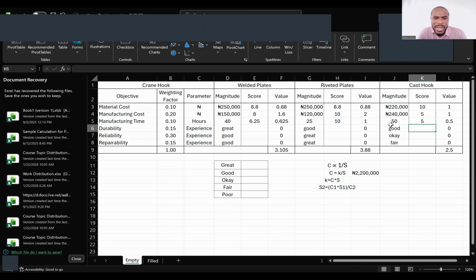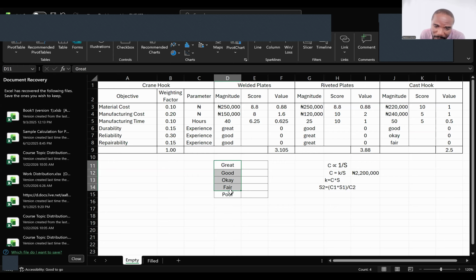Based on experience, we went and spoke to people who are experts in using crane hooks that are welded, riveted, and cast. And they say that for durability, welded plates are great. They last the longest. Riveted plates are okay, they are good. Cast hook is also good, right? And so we have